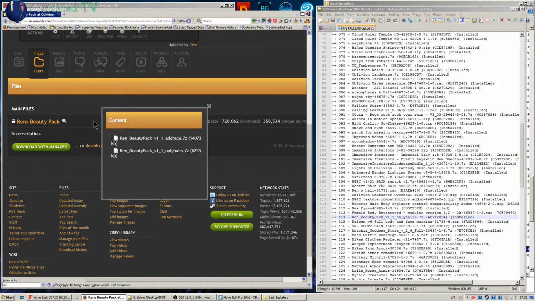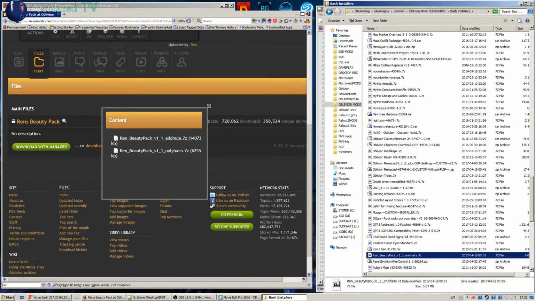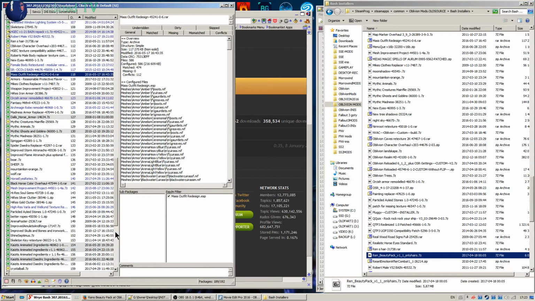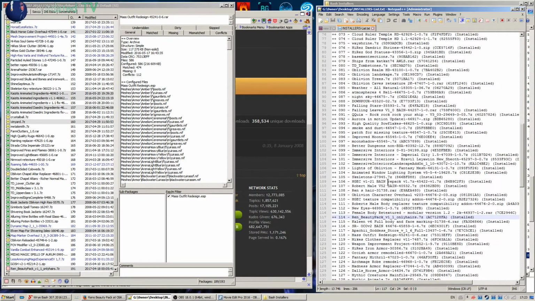When you extract it, you will receive these two files here, and we will use only this file, Ren Beauty Pack v11 only hairs 7z. So I have it in my installers here. Let's open up Wrye Bash, drag the mod to the installers, and now I want this mod to be